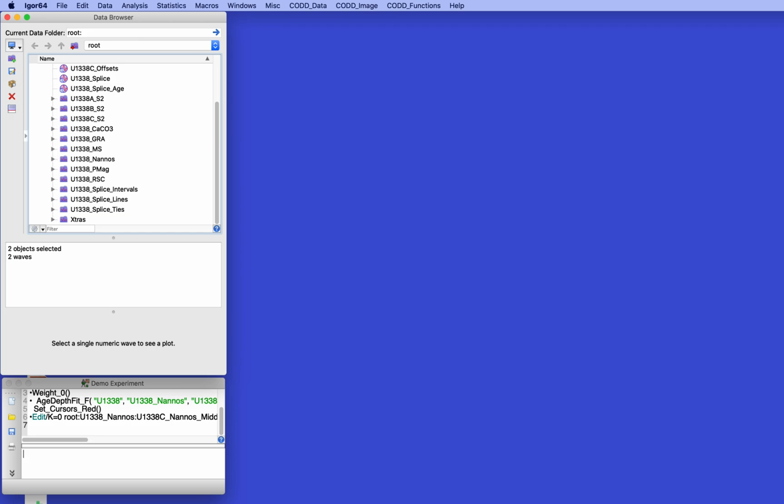All right, so we're going to take a look at setting up an age depth fit, that is creating a smooth curve for our age to depth data. So in this video we're going to do a simple example where you only have one set of ages versus one set of depths. And you'll see in our demo experiment we actually have two folders with age-related data, nanos and